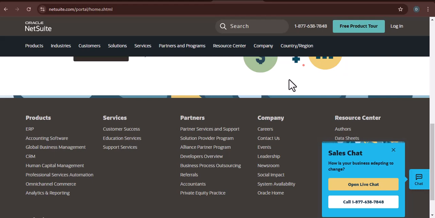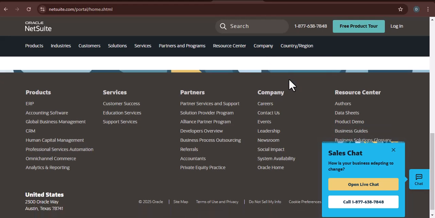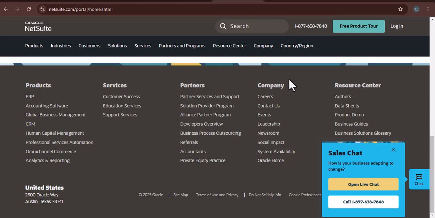Okay, so we've covered what NetSuite tasks are, their key components, and some practical use cases. But how do you actually create and manage them? Let's walk through the process. First, you can create a new task directly from the tasks list. Simply navigate to the tasks list and click the New button. You'll then be presented with a task form where you can enter the subject, assignee, due date, priority, and other